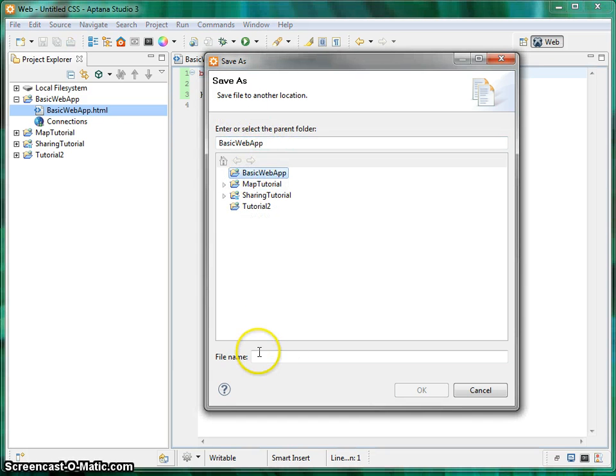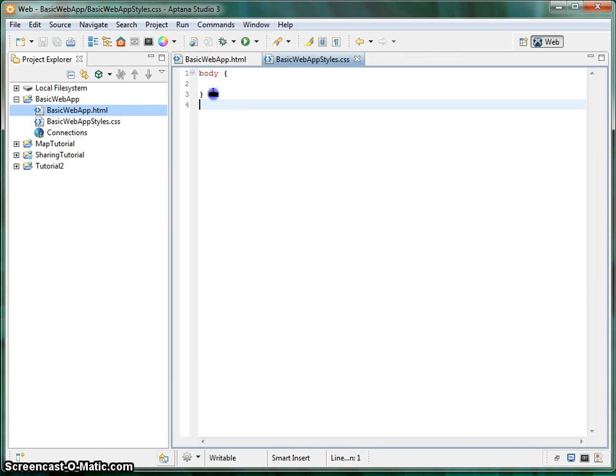And so I'm going to put it in Basic Web App, and I'm going to say Basic Web App Styles.css. Again, for whatever reason, we have to tell it what the file extension should be. File extensions are important. They tell your browser how to interpret the files, and so that's not a step you can skip over. So I'm going to hit OK, and you can see right away that I have this thing that says body,